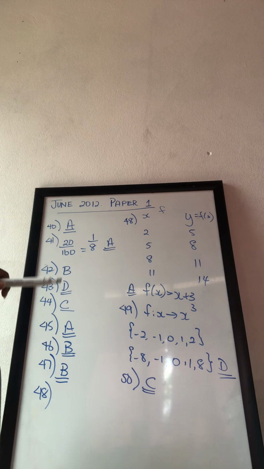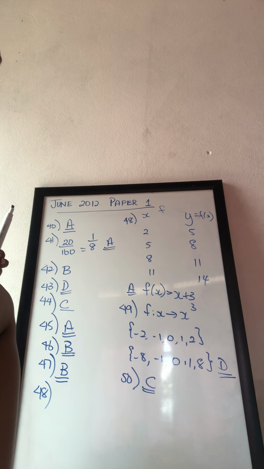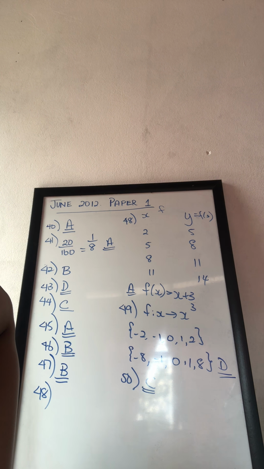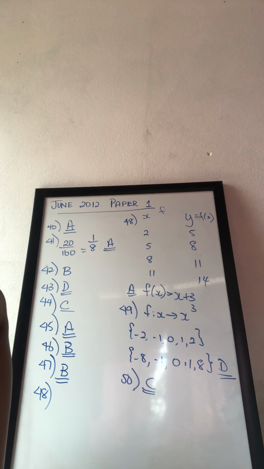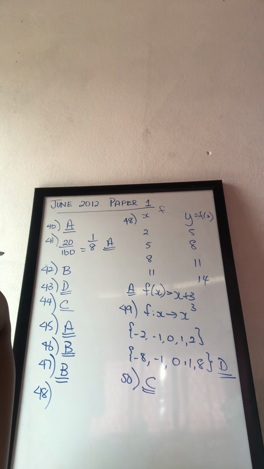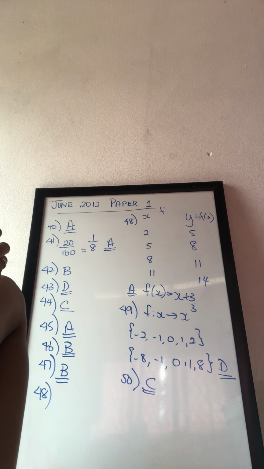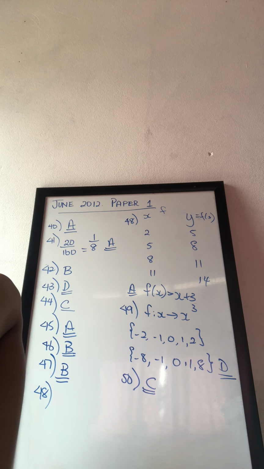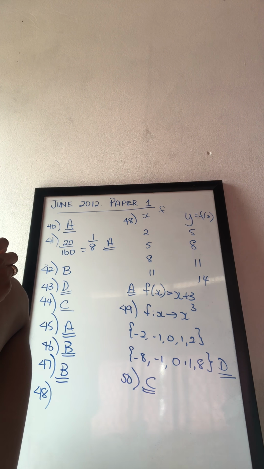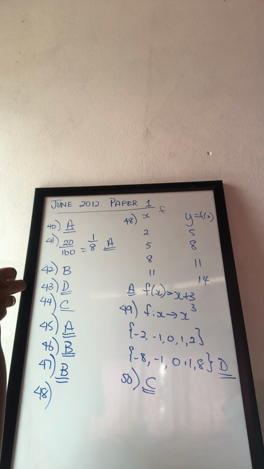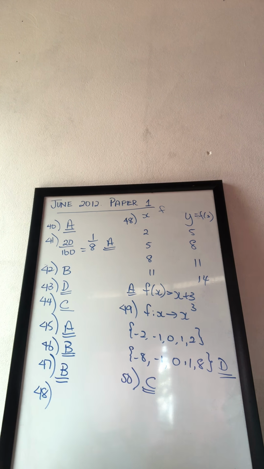For number 51, they want to know which of the following represents the graph of a function. Now to test to see if a graph is a function, you will do the vertical line test. If the vertical line test cuts the graph more than once, it would not be a function. So for instance, if we take the first function there, right? Now the points, let me erase